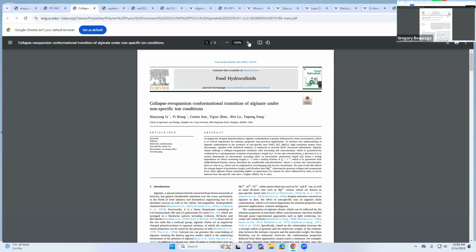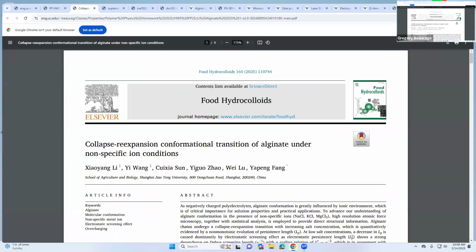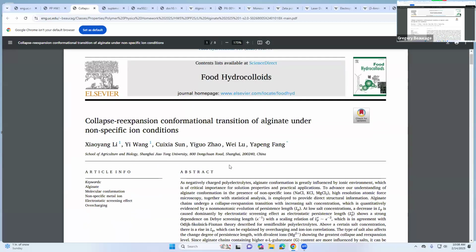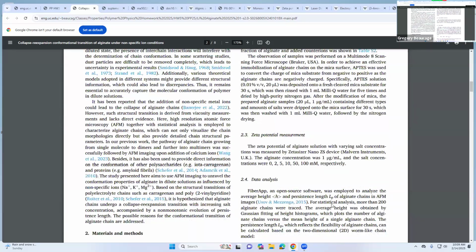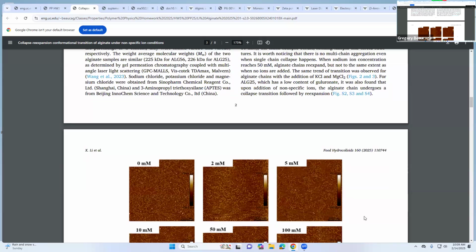we got this paper. So they're doing something unusual. Usually to measure the persistence, you do a scattering measurement and find the transition from 2 to 1. That would be one way to do it. Or you do a rheology measurement and you get the Kuhn length and figure out the persistence from that. Or you do a computer simulation, right? But they've got a new way to do it. It's kind of weird, but it looks pretty good at face value, and the results seem to be right. So